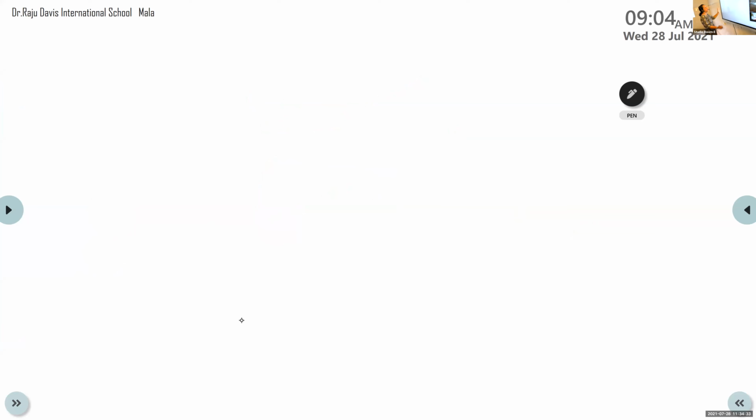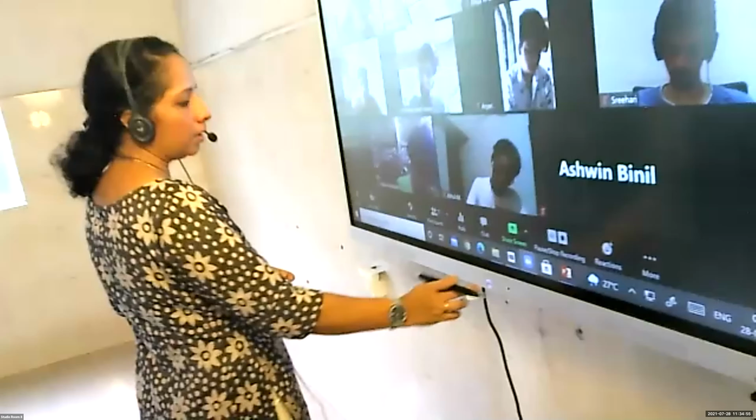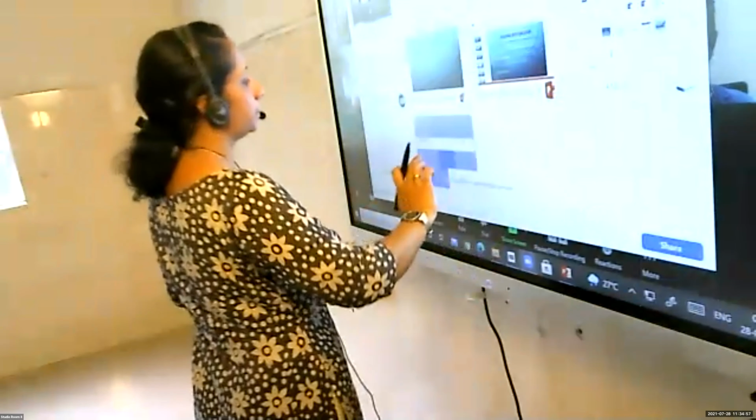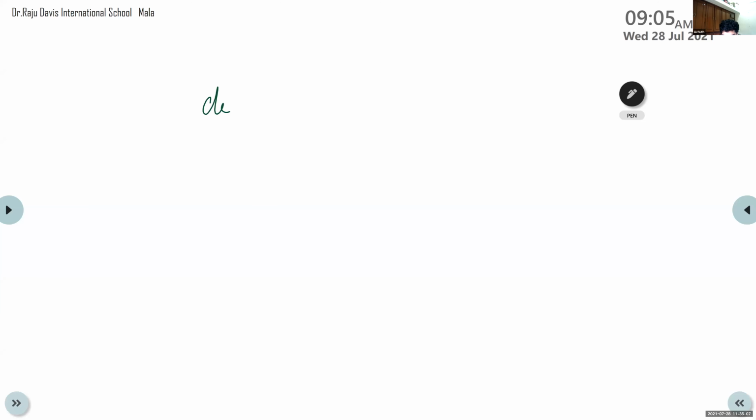How can we write the definition for the sum of two numbers? Achyut, which is the first statement, the definition statement? def, okay.